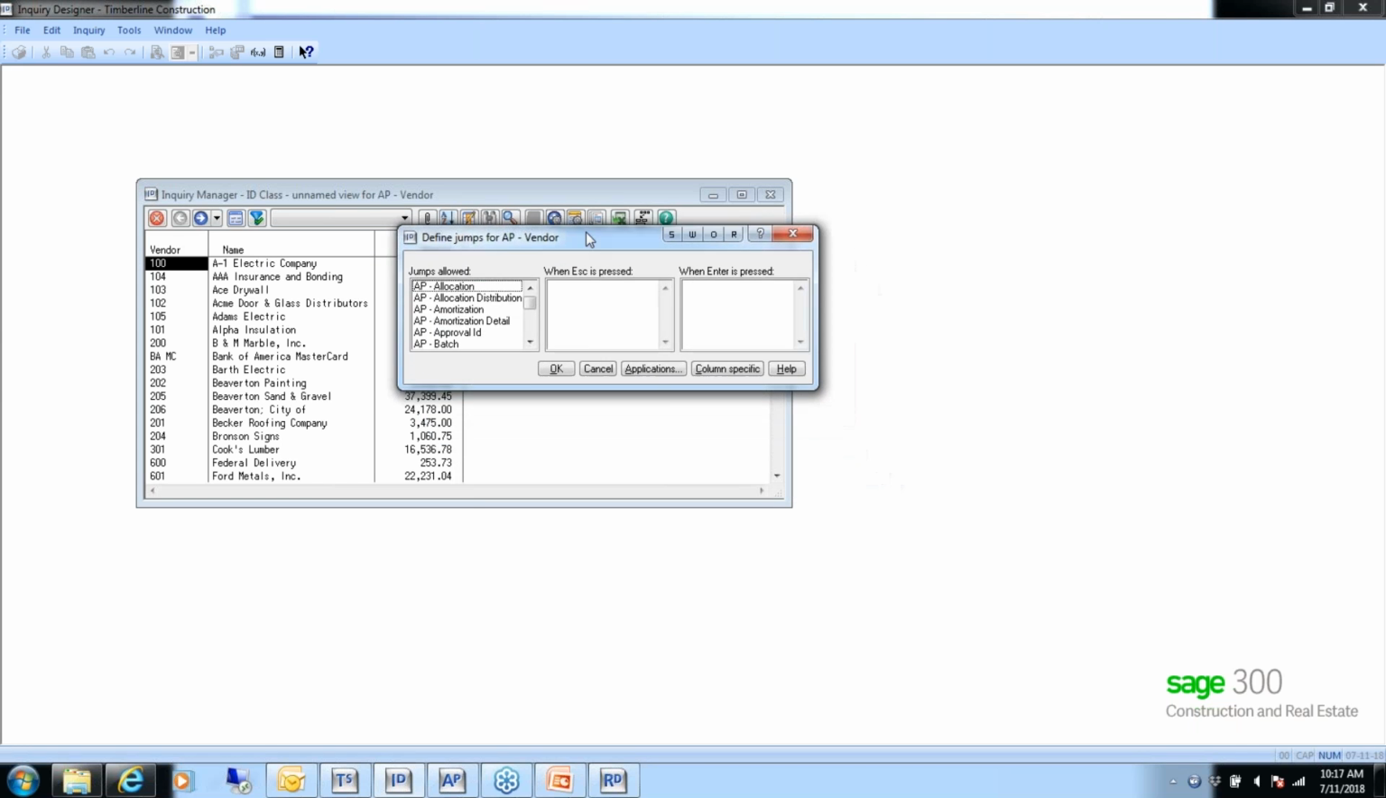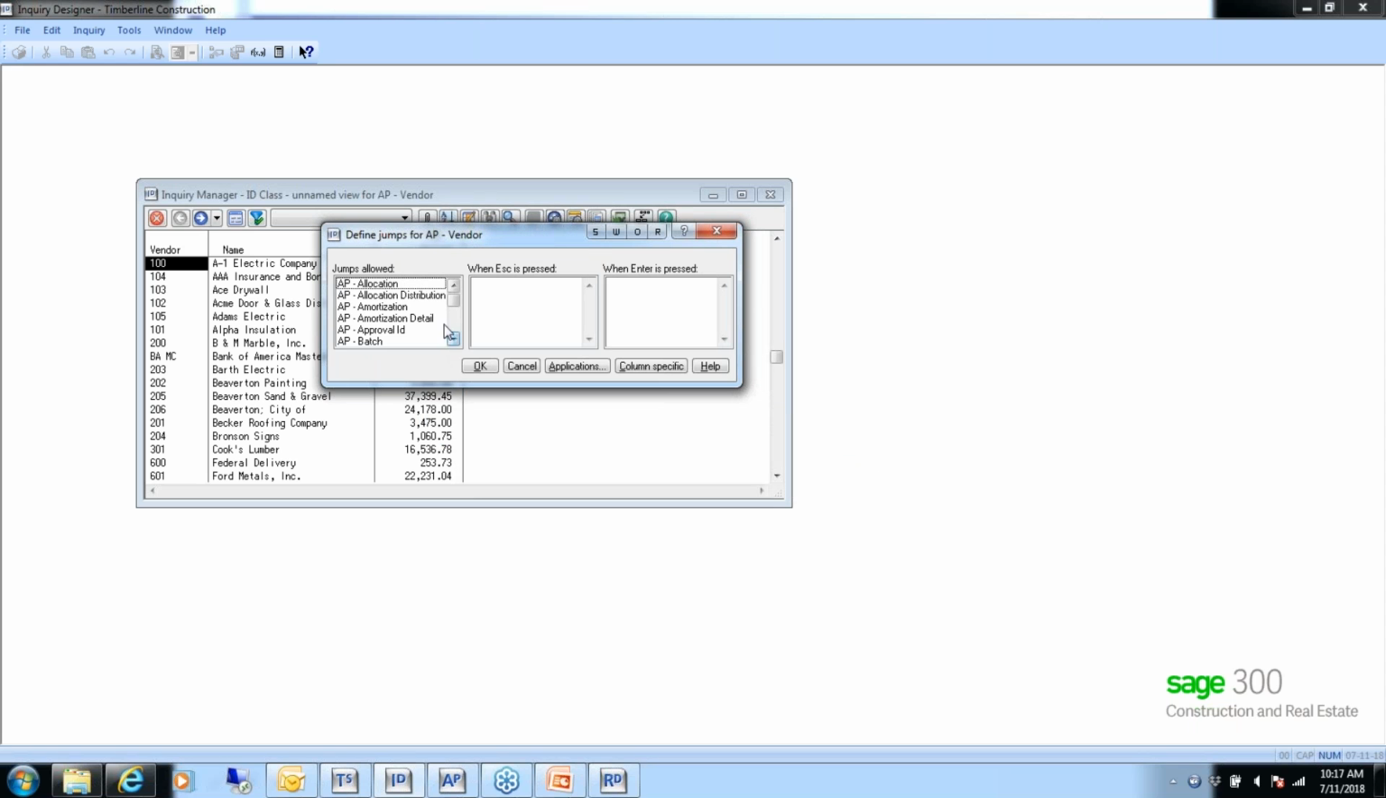Okay. And where we want to jump here gives us a list of the records that we can actually jump to from here. We want to jump to the invoice record. So all you need to do is highlight the record. It'll pre-fill the screen for you here, and then you click OK. Now we have some other options here. We can actually jump,